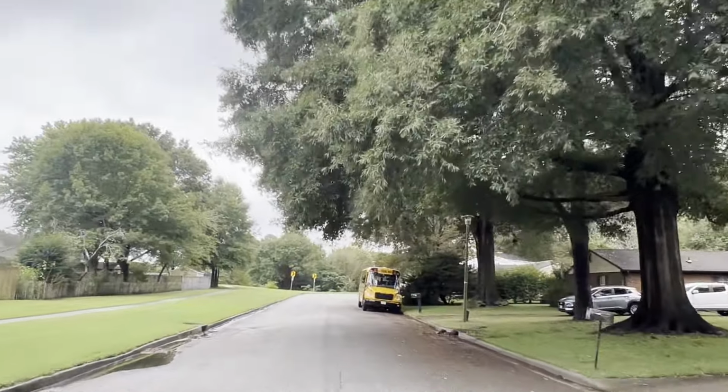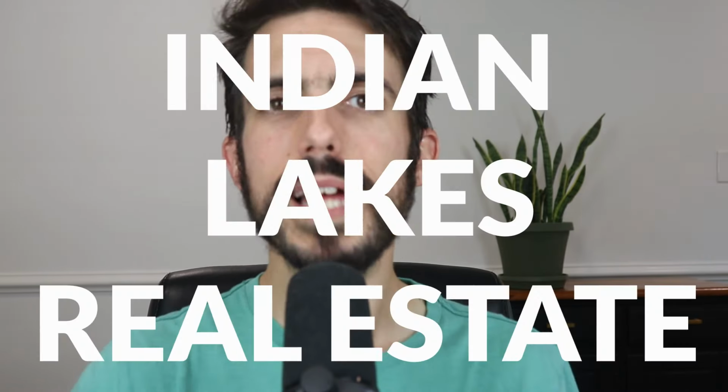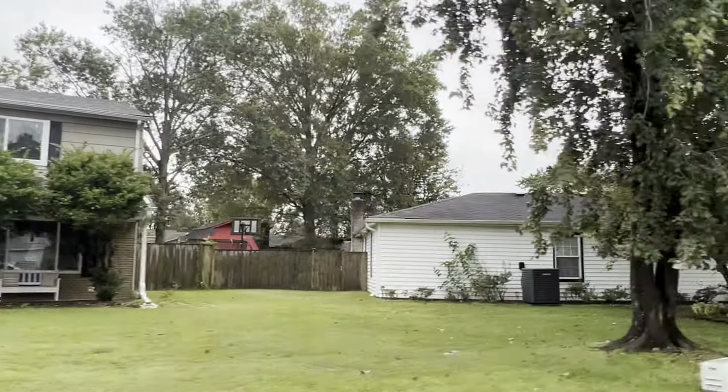So it's a very nice, convenient, central spot. You don't feel like you're in the middle of a super hustle and bustle area, but you're also not in the middle of nowhere either, which is why I like this balance of those two things. Now the houses themselves, okay, so Indian Lakes, the north part and the south part were built in different time